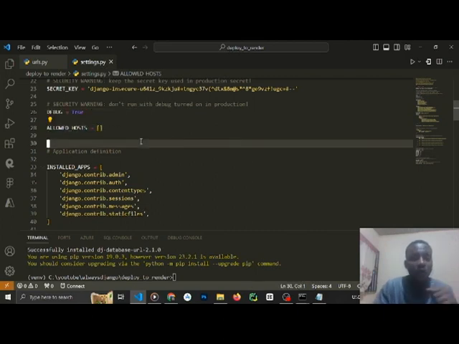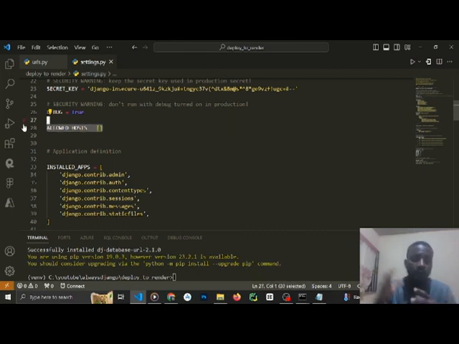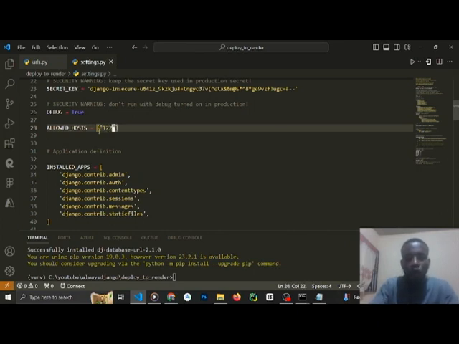Now in Django, ALLOWED_HOSTS contains a list of URL paths that our Django project will be allowed to render on. So here you should have something like your local host, 127.0.0.1, then your render URL, and any other URL that your Django website will